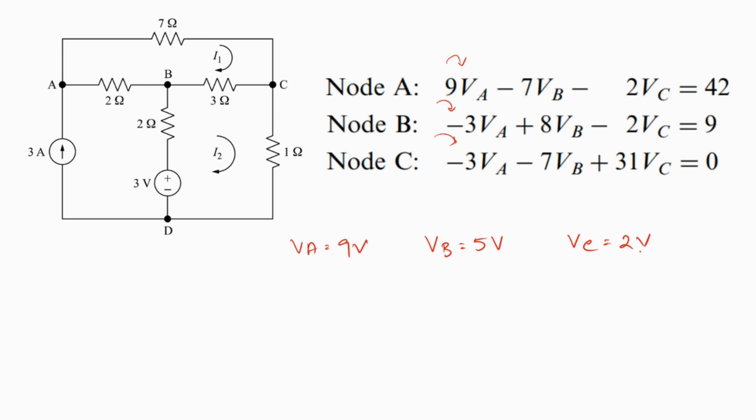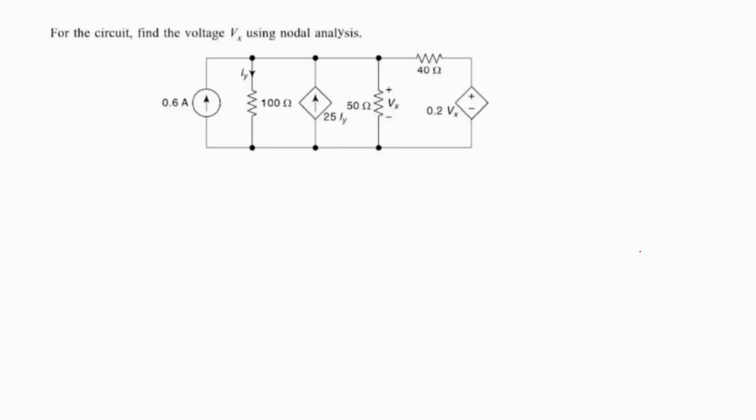So in this way, we have applied the node voltage method to obtain the node voltages VA, VB and VC. Moving on to the next problem. This problem involves dependent sources. So we have both a current dependent current source and a voltage dependent voltage source in this problem. But all they want us to do is compute the value of Vx, and we need to use the node